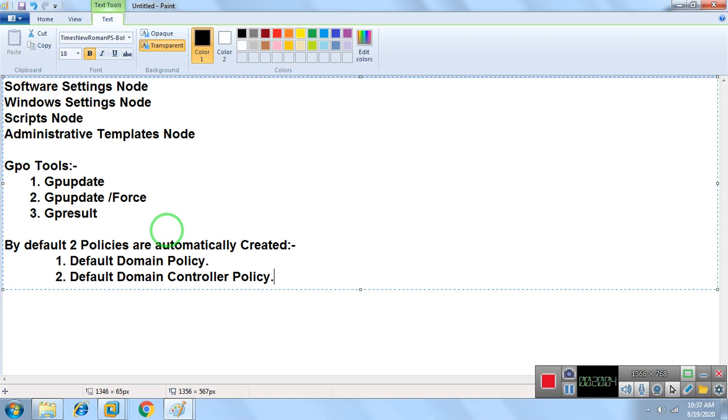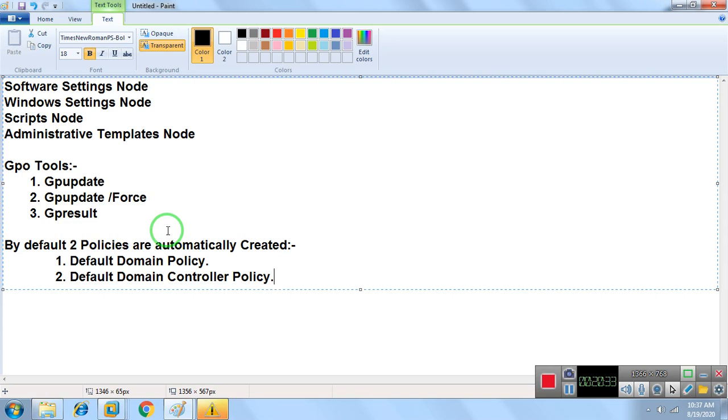We'll see this also in detail. I just give you the overview right now. What is the default domain policy? If I edit the default domain policy, it applies to the whole domain network which is running right now. Imagine I have two domain networks, a parent domain and a child domain. If I modify my parent domain policy, that policy is applied on the present domain network which I am running.